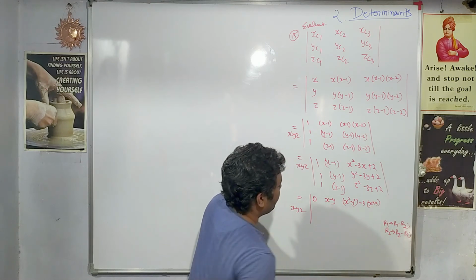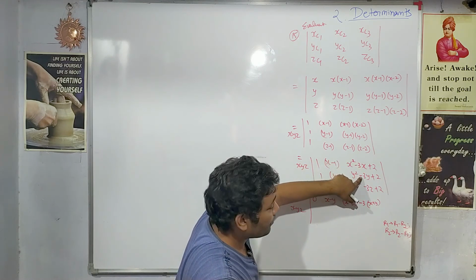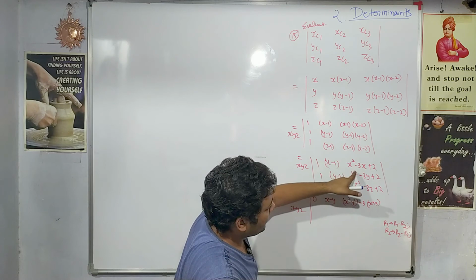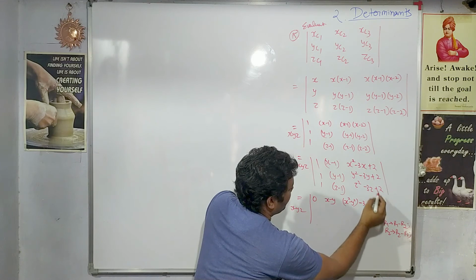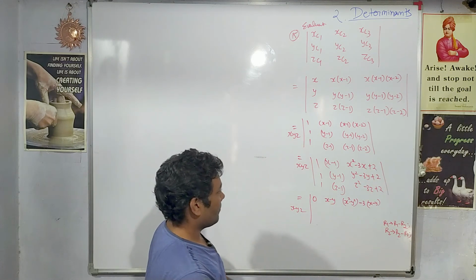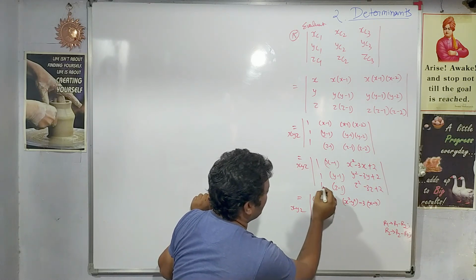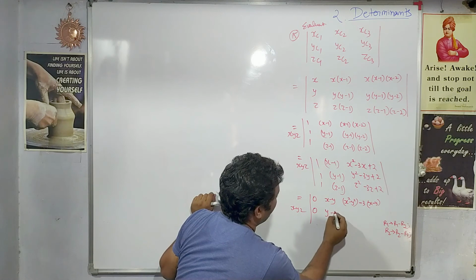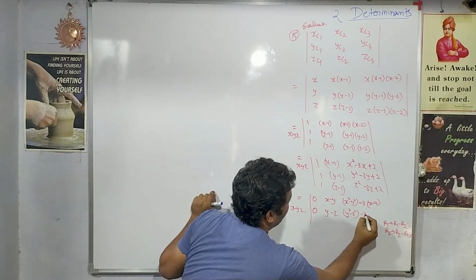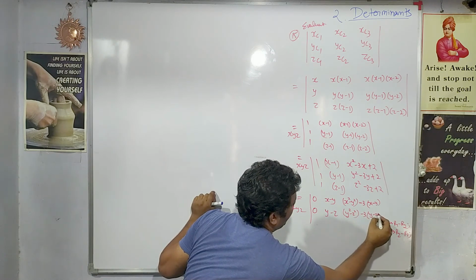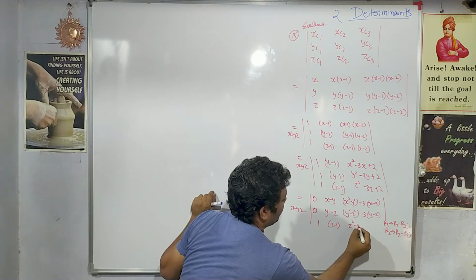2 will get cancelled. Correct? Subtraction I have done. So x square minus y square, this one minus will become plus 3y, minus 3 common. So x minus y will remain, x minus y will remain, and 2 has already gone. Right? Similarly, you can write down here also 1 minus 1 is 0. Here it will give me y minus z. Here it will give me y square minus z square minus 3 into y minus z. Correct? And the last row remains as it is.